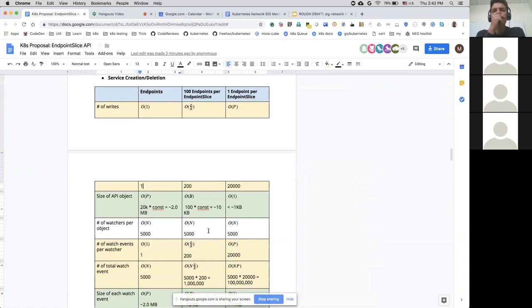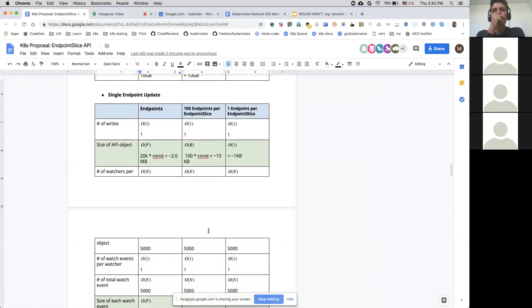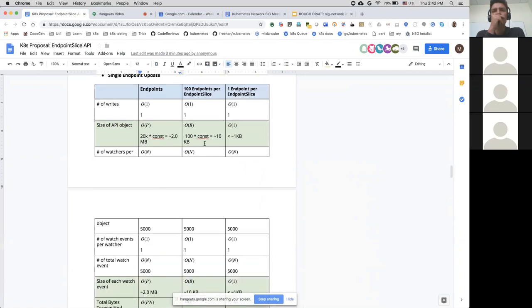But the total amount of data should be roughly the same because they contain the same number of endpoints. But after the service is created, on any endpoint update, the data transmitted and the write QPS would be much better than the existing endpoints object.